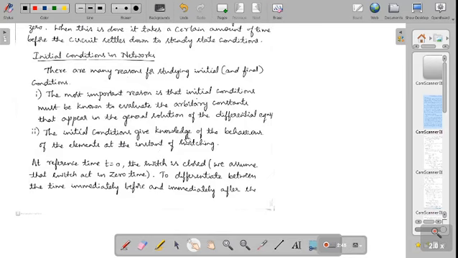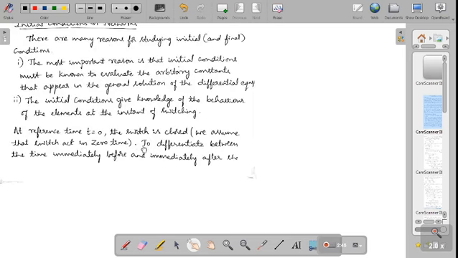It gives the behavior of elements like the inductor and capacitor at the time of switching. So for the moment, you will be learning about this. That is, the initial condition gives knowledge of the behavior of the element at the instant of switching. Now, as I said earlier, if there is a source and